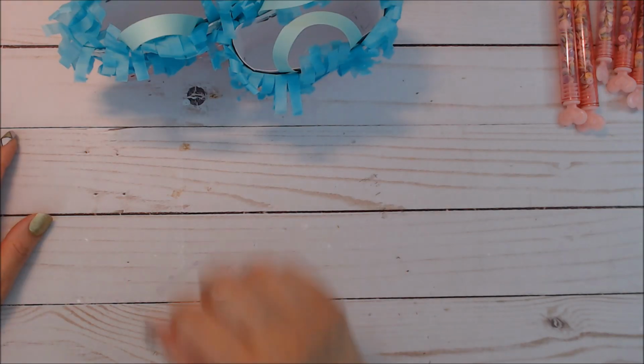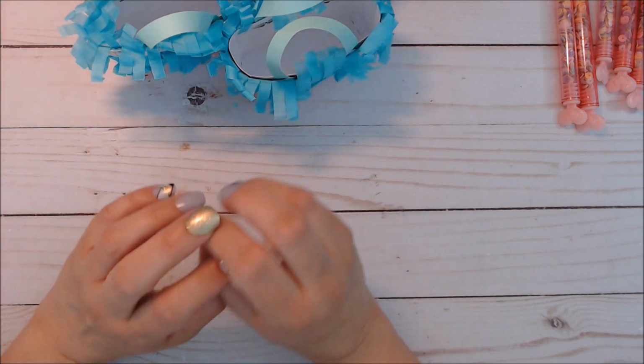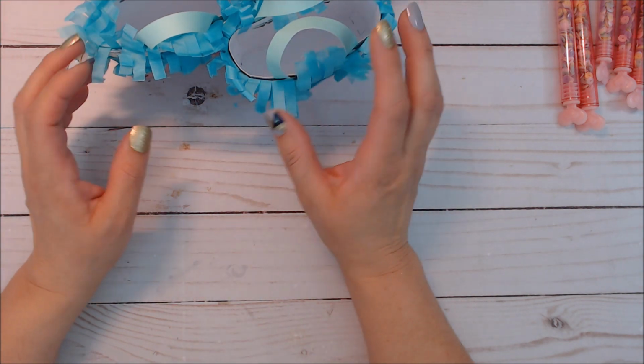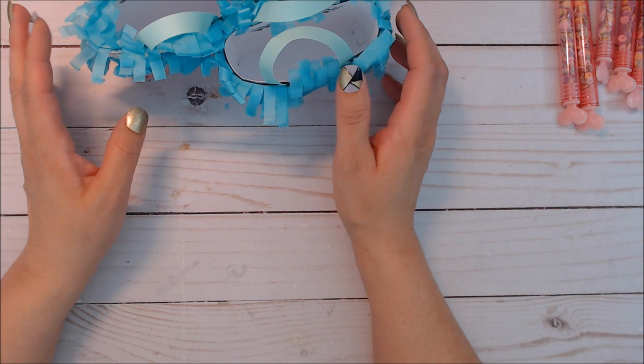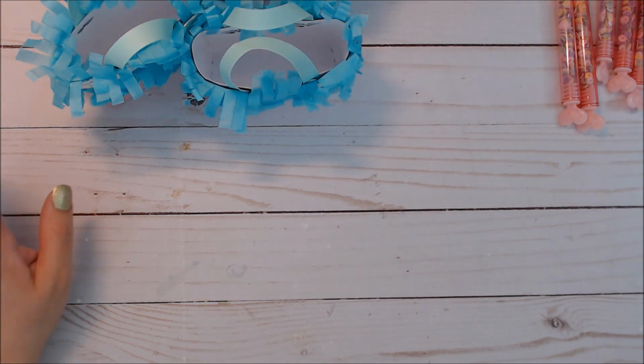Hey everybody, so I wanted to share with you my swap projects that I'm working on. They're not completely 100% done, but I wanted to show you before I start packing things up what I have going on. So I am in Tamika's group